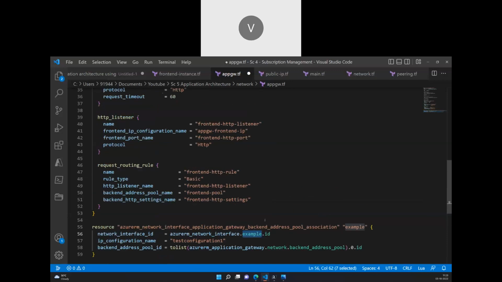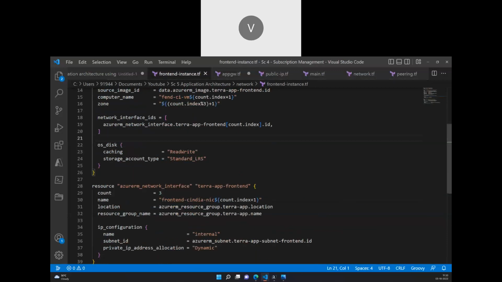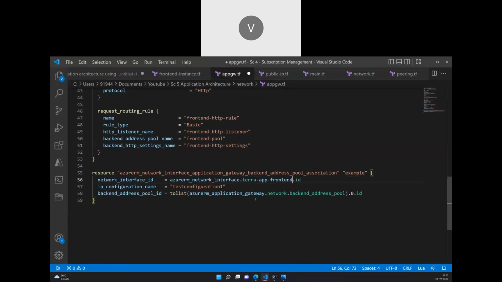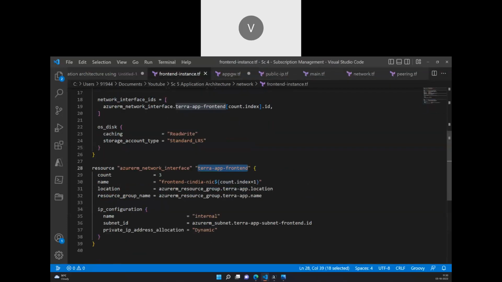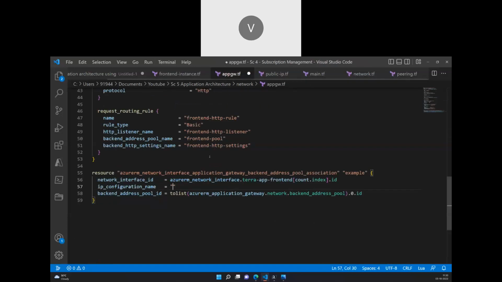And I'm going to name this Azure RM network interface application gateway backend address pool association. Each one comes with count.index, and each IP configuration name will be the same thing, which is frontend NIC IP config, and the backend address pool here is going to be